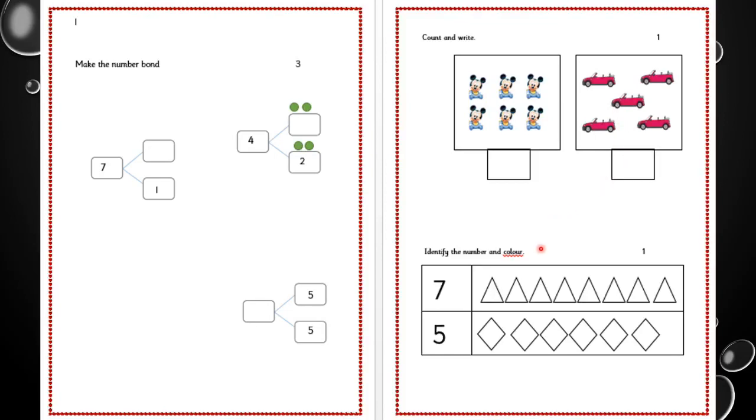Next is you will identify the numbers. You know how to identify the numbers. See this number and this number. What number is this? You have to identify and color the objects accordingly. After finishing this,